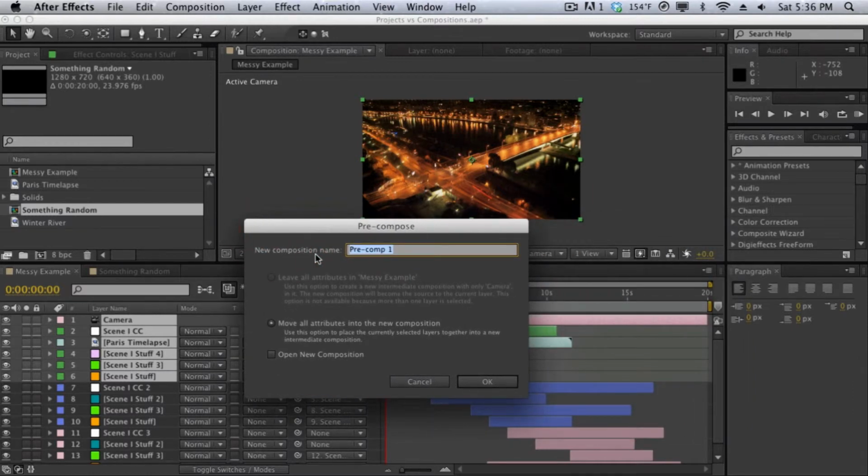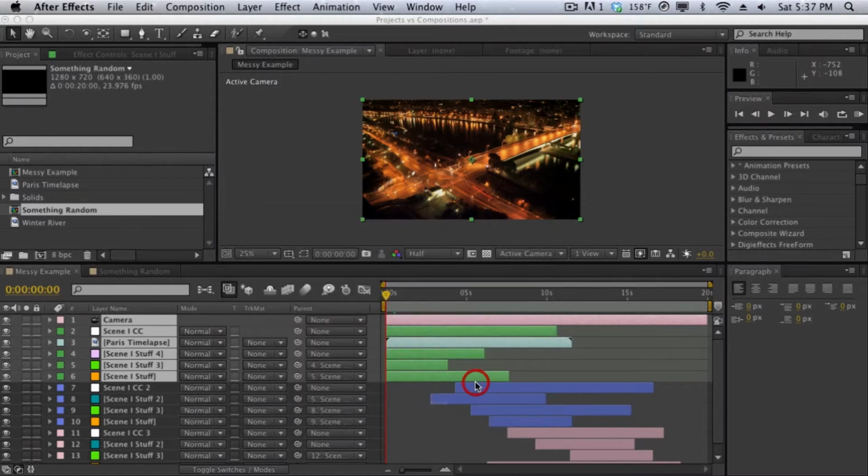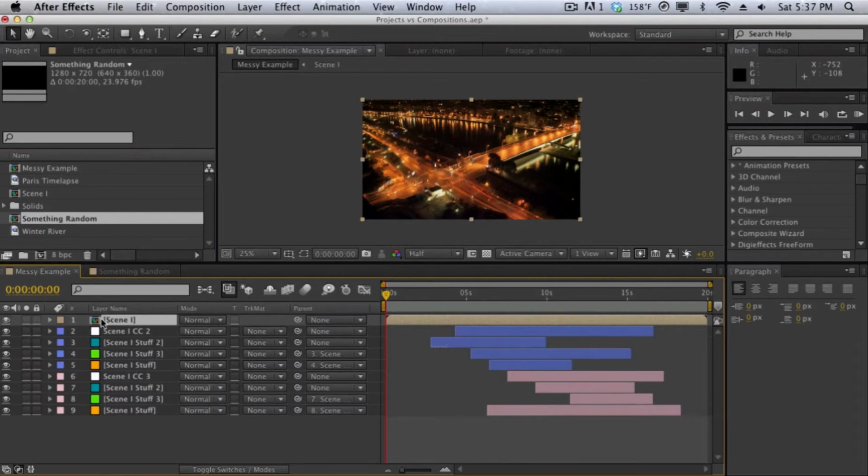So new composition name, we're going to call this Scene 1 stuff. And we're going to move all the attributes into the new composition, which means it's going to move all the effects and all that stuff into the composition rather than staying on the outside. Again, we will be discussing this a little bit later. Hit OK. So now, rather than having all those layers displaying, it's all grouped into one composition right here,